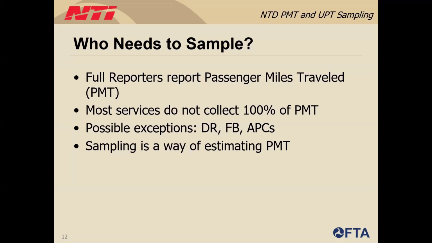So agencies can get the demand response passenger miles traveled from that software since they know the origin and the destination of that rider. There are a couple of edge cases like ferry boats that only serve 2 stops or smaller rail services like inclined plane that only serve 2 stops, where you can calculate PMT by multiplying your UPT by the length of that particular route. An increasing number of agencies also get their PMT from automatic passenger counters, or APCs. But in the case of most bus and rail services, most agencies do still need to sample in order to